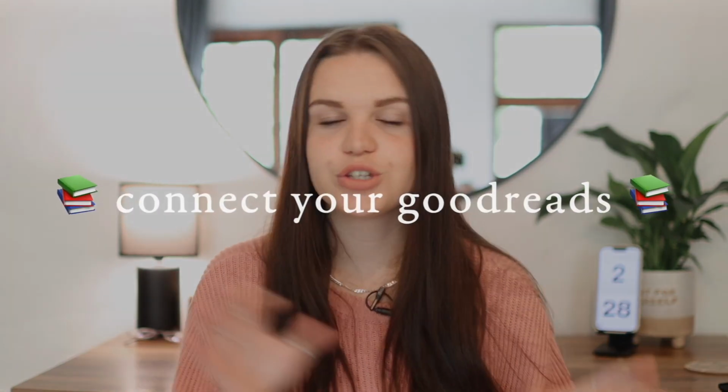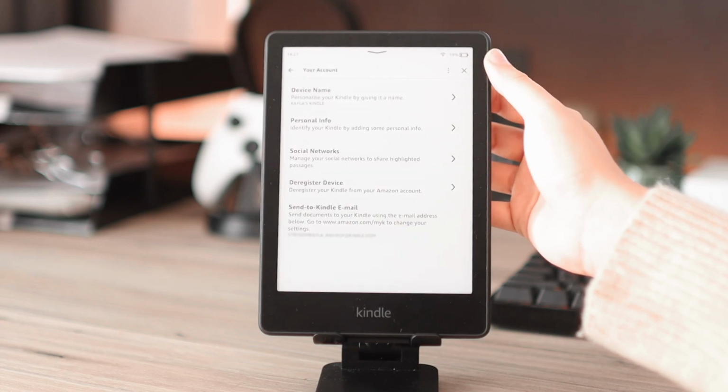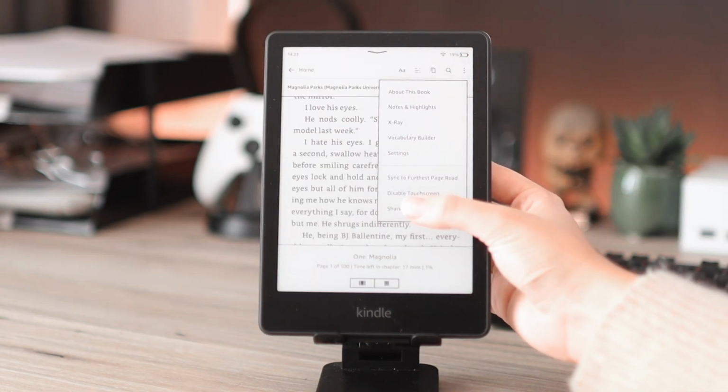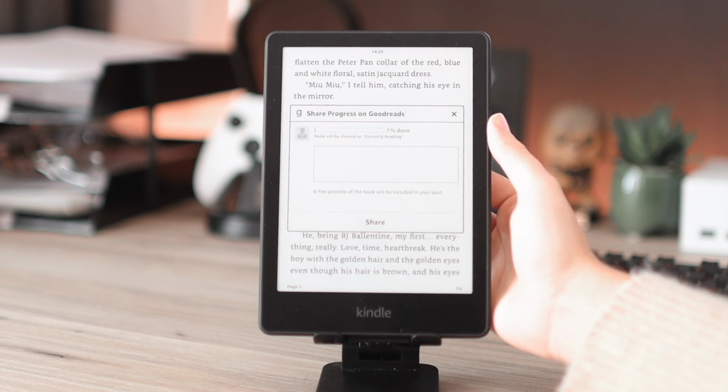And the last tip that I have for you is connecting your Goodreads to your Kindle. This is really helpful if you are a Goodreads user. So you just go on your Kindle to your account, and then you go to your social networks, and then here you can connect your Goodreads. Mine is already connected, but this is really helpful. Then when you are in a book and you click on the three dots and click on share, you can then share your progress to Goodreads, so that it kind of helps you keep track of your reading with your